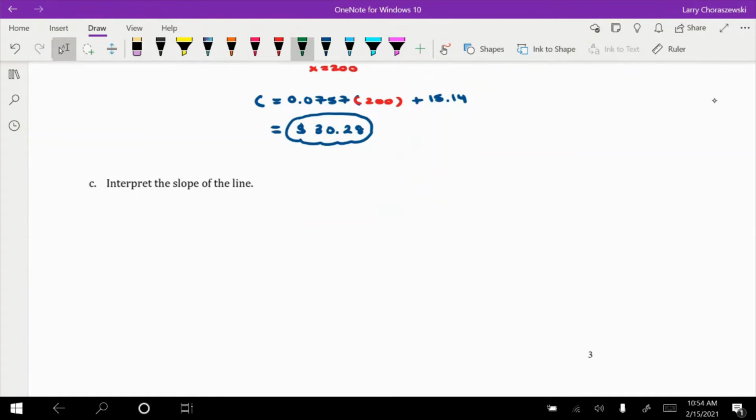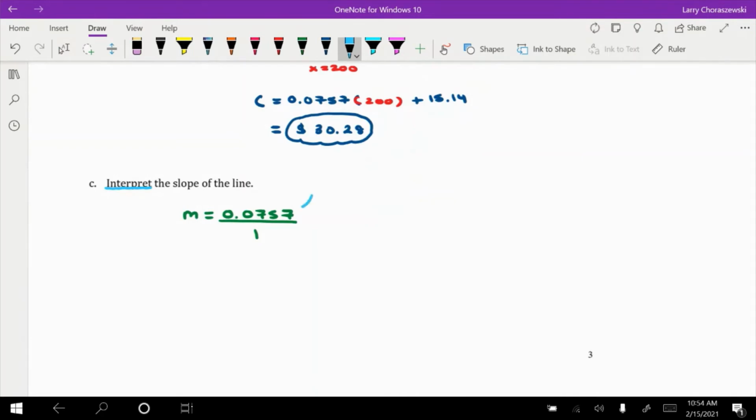Interpret the slope of the line. There's a particular way of doing this. What it means by interpret is to provide just a little blurb, a verbal description about what the slope really represents in this context. Now our slope, 0.0757, and I'm going to write that on top of the number 1